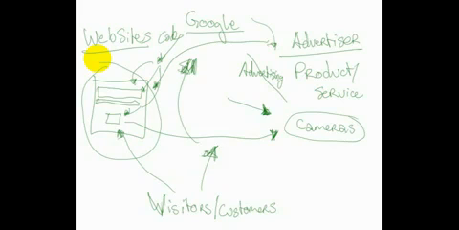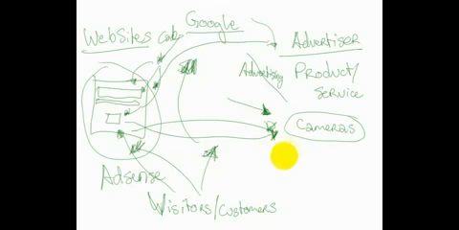This is a lot of arrows and it can get kind of confusing, so if you want to watch the video again, it will help to clear it up. But on this side of things, it's called AdSense. This is where you have a website about a specific topic, you go to Google, you throw some code on your page, and when visitors come to your website and click on those advertisements, Google then pays you for having brought the visitor to that advertiser's website. This advertiser pays Google some money, and then Google shares that revenue with you.